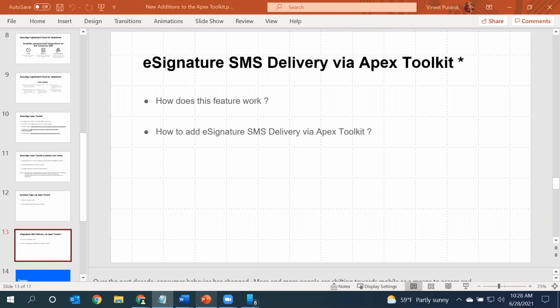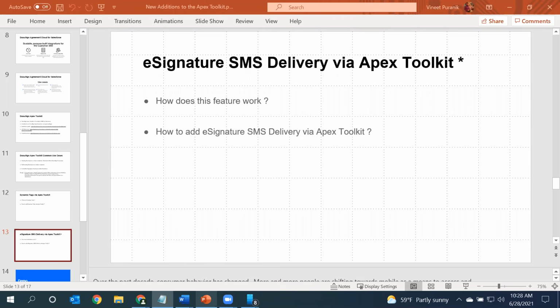A study has found that consumers prefer SMS notifications over email by 2.5 times when it comes to receiving important notifications. So using this feature, customers will be able to receive an SMS on their phone in addition to the email they are accustomed to when an envelope is sent.